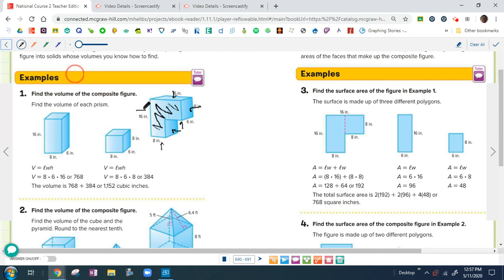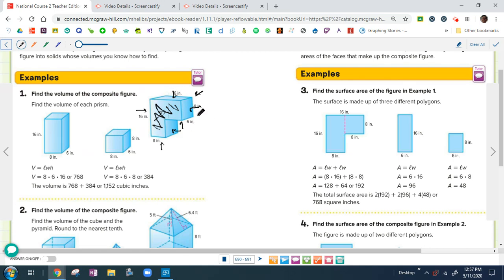There's the side, which we can't see, that left side. And then there's the front here, and there's the back, which we can't see. All right, so how many surfaces are there? 1, 2, 3, 4, 5, 6, 7, 8. 8 surfaces. We have to find the area of all of those surfaces and then add them up for our